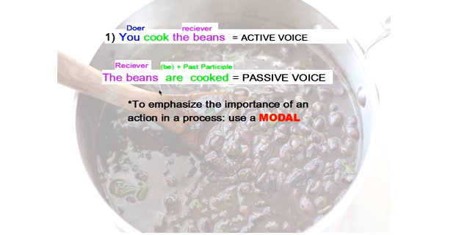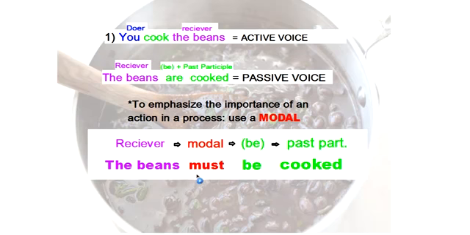It's extremely important. It's absolutely necessary. And I can express that emphasis using a modal. So for example, the beans must be cooked. Okay? They must be cooked. So I'm using my modal must to emphasize the importance of the action, that cooking the beans is very necessary,